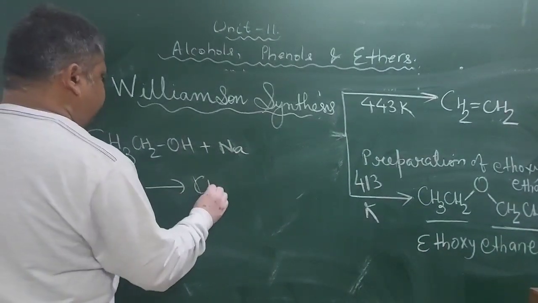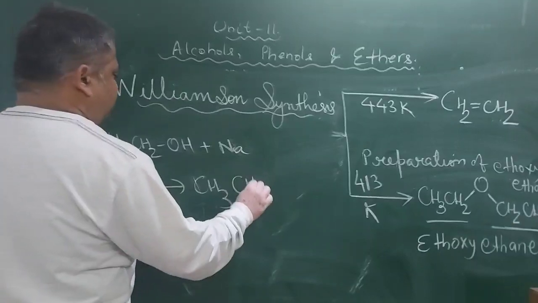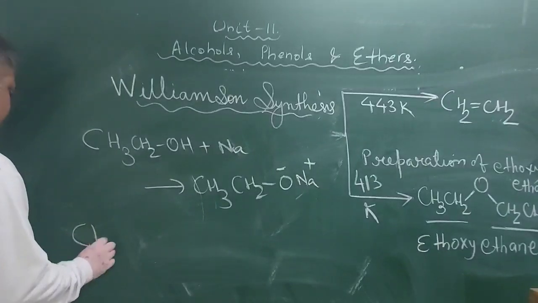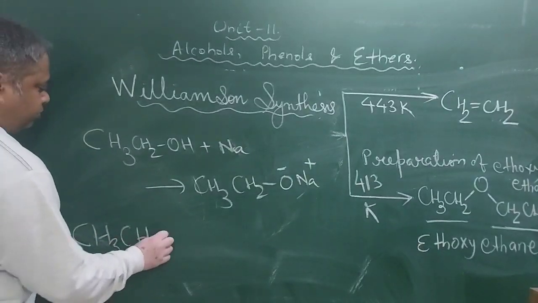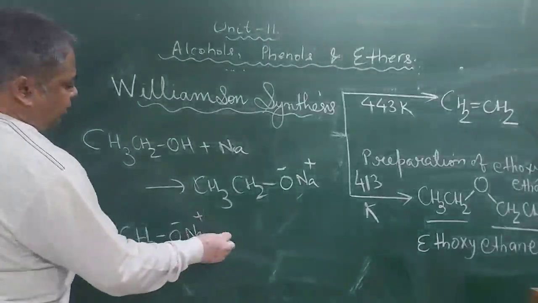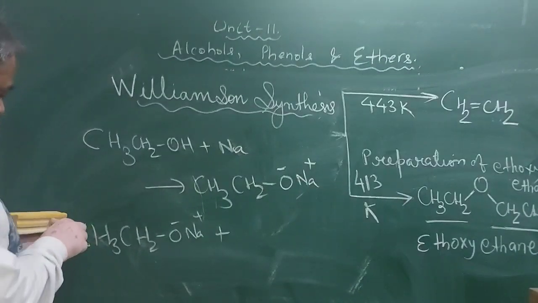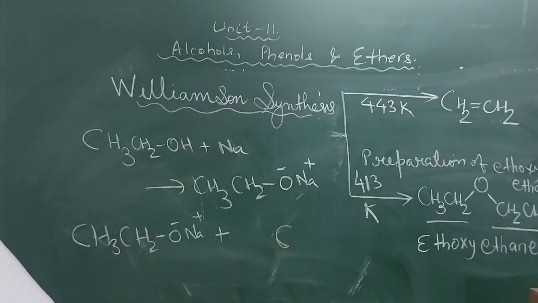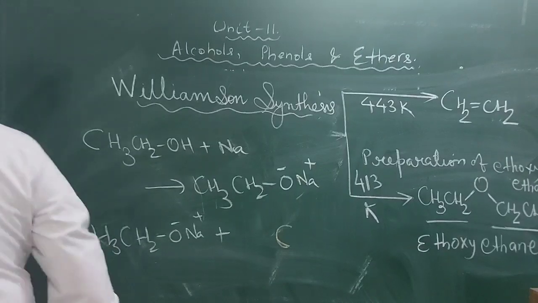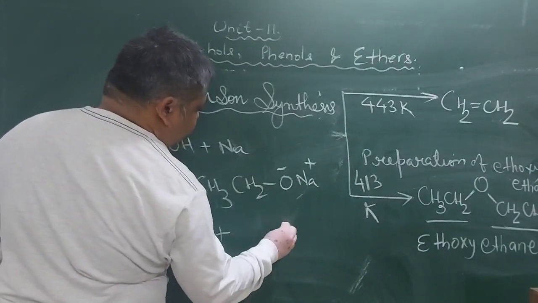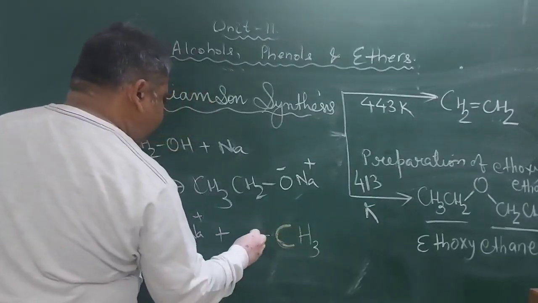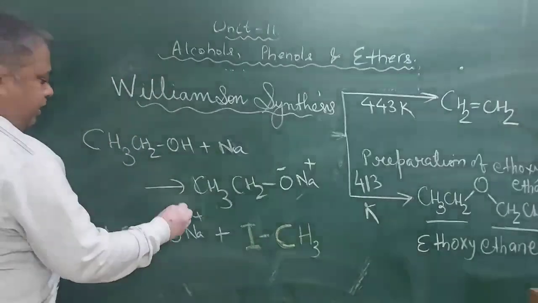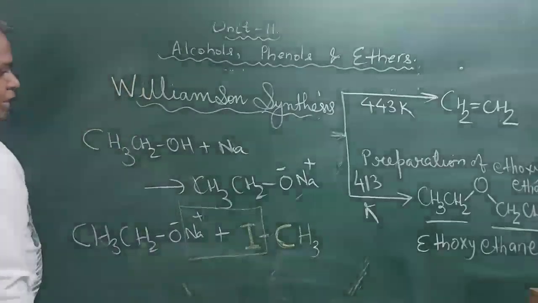It will form CH3CH2O minus Na plus. To this CH3CH2O minus Na plus, if we give methyl iodide, then NaI will come out and will form